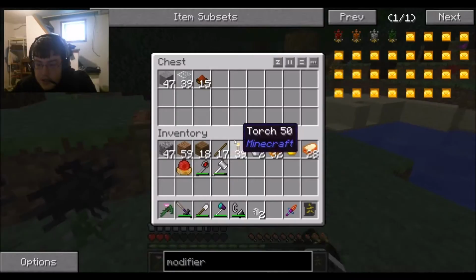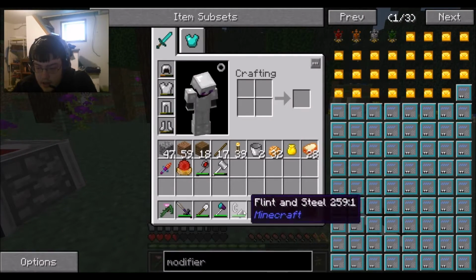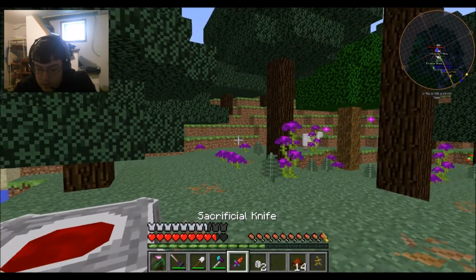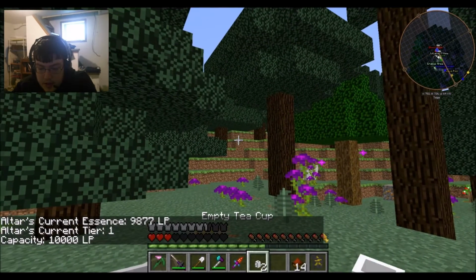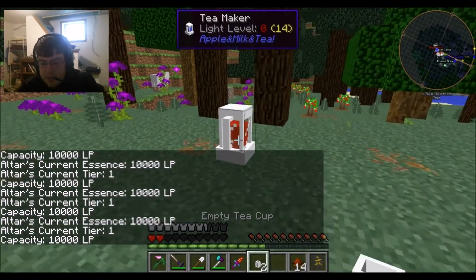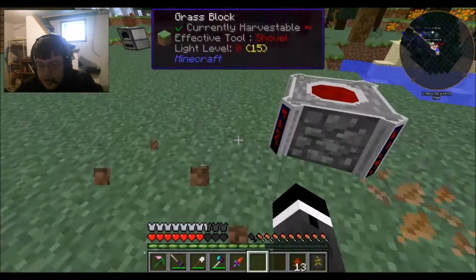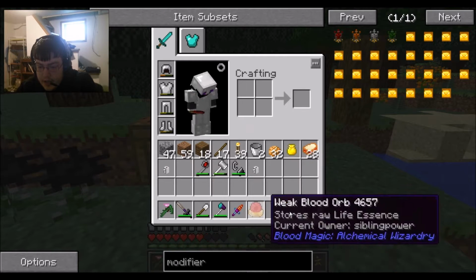Okay, let's put more tea in there so that we can actually work with this. Alright, let's take the flint and steel off. We're almost there. Alright, okay, we're there. We're at max life points now, and we can continue with our actions. Now that we're at max life points and we got everything set up, let's start